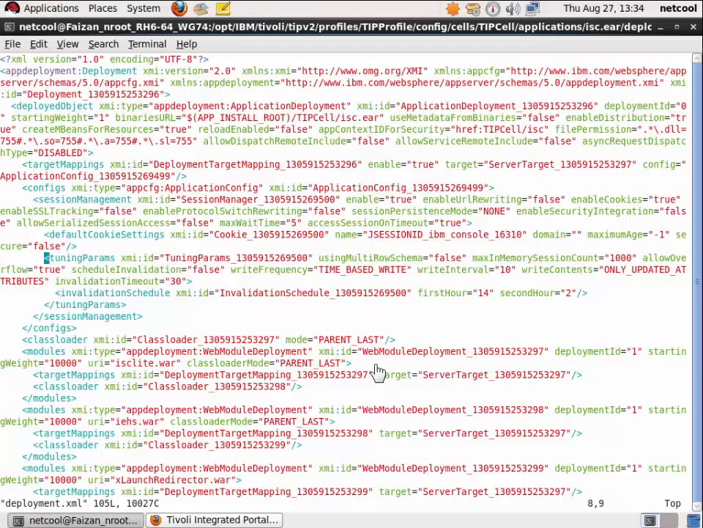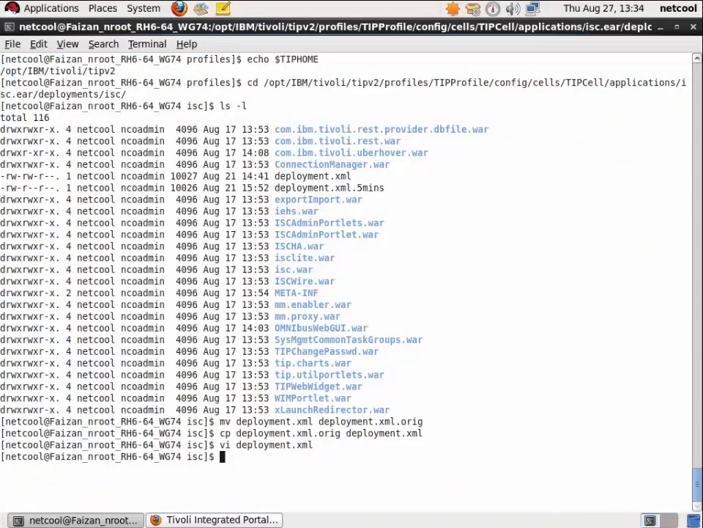Okay, now that we are in deployment.xml, we just look for the keyword invalidation timeout. I think there's only one invalidation timeout parameter in this file. The default value set is 30 minutes. Based on the procedure, we are just going to set it to -1. Okay, now that we are done with deployment.xml,